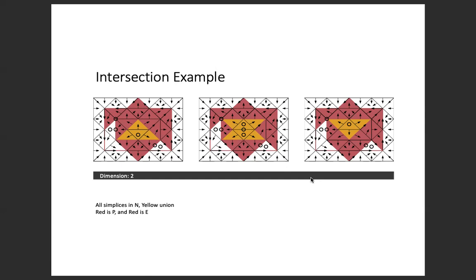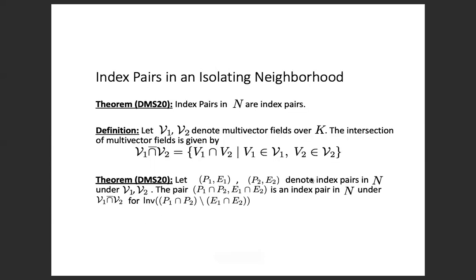So when you take the intersection of the index pairs, we get this pair in the middle, and it corresponds to the intersection of the multivector fields, or it's plotted over the intersection of the multivector fields. So instead of having a down arrow or an up arrow, we just have 3 singletons. In this case, the relative homology is what we would expect. In each case, the relative homology is non-trivial in dimension 2, and when you compute the persistence, we get what we want: a 2-dimensional bar that persists all the way through. So this is one of our main results from the first paper,